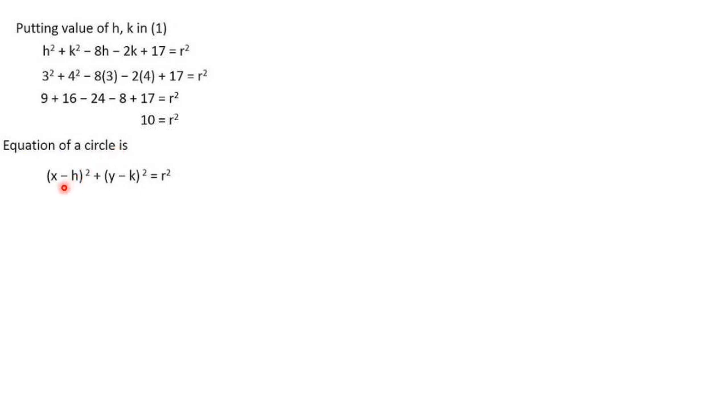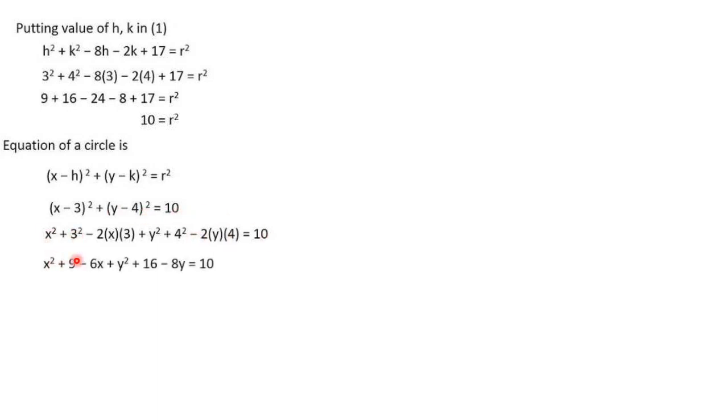So the equation of the circle is x minus h the whole square plus y minus k the whole square is equal to r square. h is there, k is there, r square also is there. Let's substitute. h is 3, so x minus 3 the whole square plus k is 4, so y minus 4 the whole square equal to r square. We are having 10. Again we have to expand by using a minus b the whole square. That is a square, that is x square, plus b square, that is 3 square, minus 2 into x into 3, then plus y square plus 4 square minus 2 into y into 4 equal to 10.